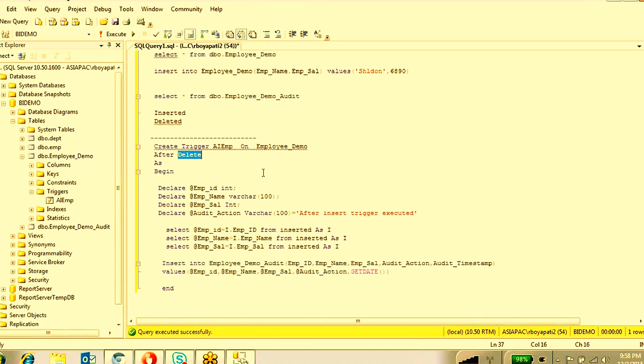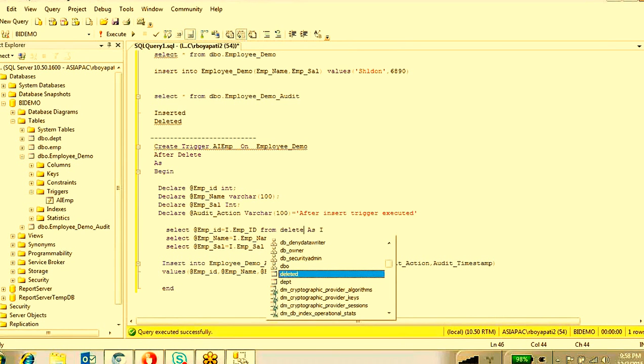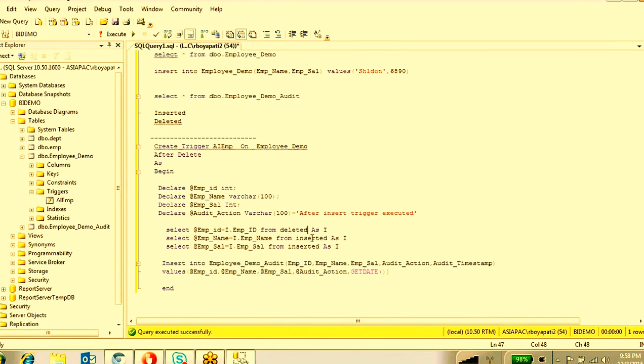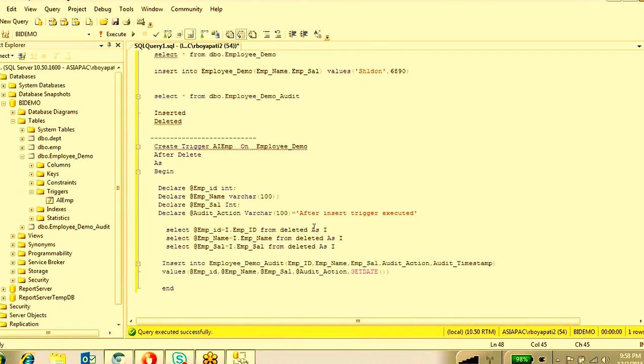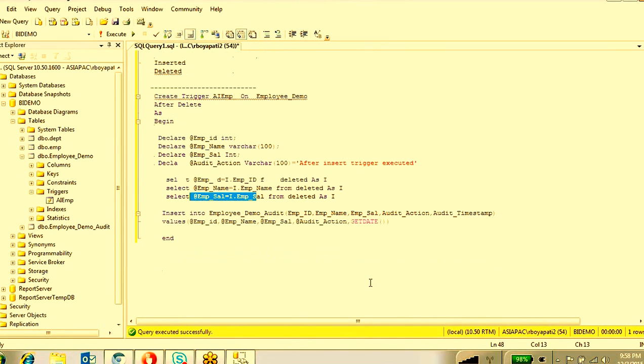This is a delete trigger. After you delete a record from the main table, that record will jump into the deleted table, the imaginary table. The values come from this deleted table and are assigned into these variables. Got it?